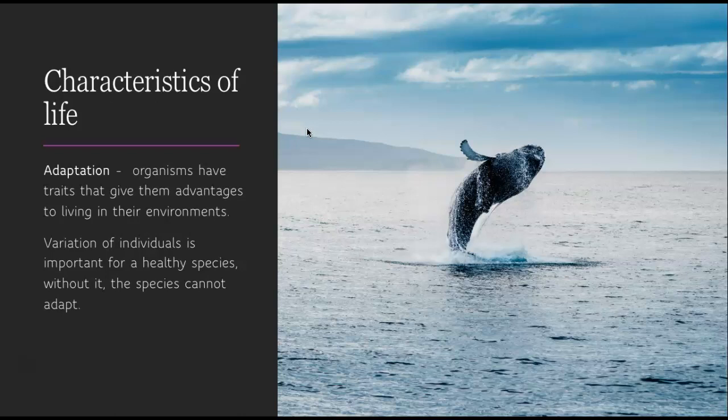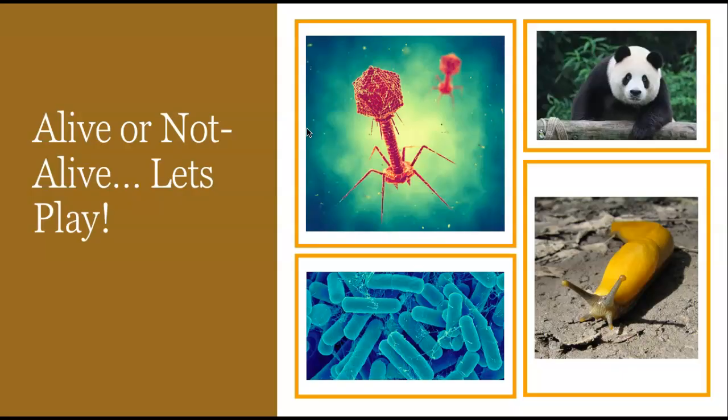That's actually not how it happens, and what we'll talk about when we talk about evolution is organisms get these adaptations through what is called random mutation. And I don't want to get too ahead of myself, but just keep in mind that an organism itself cannot want to evolve. It cannot want to get adaptations. It either gets the good end of the stick or the bad end of the stick with random mutations in their DNA.